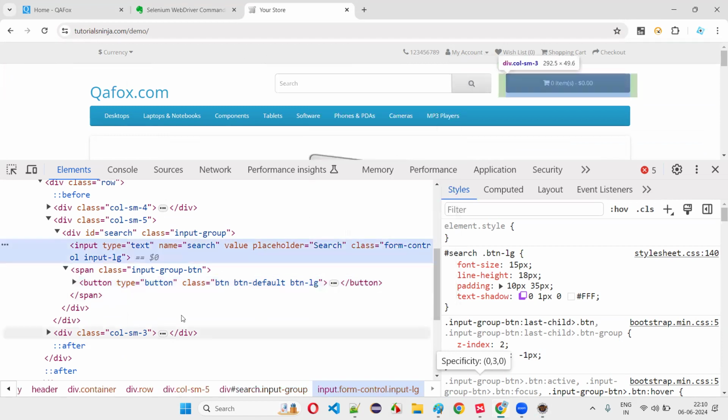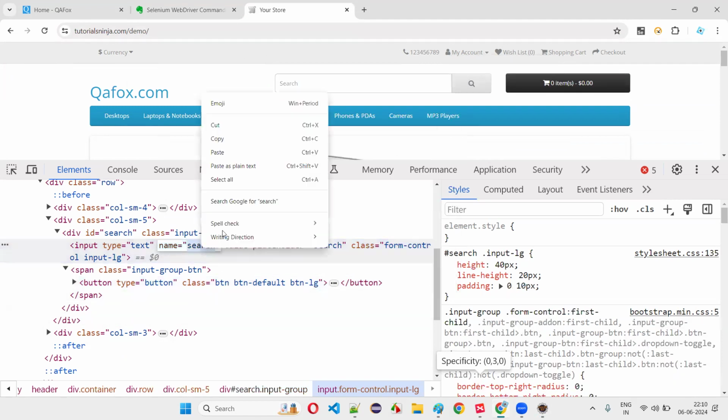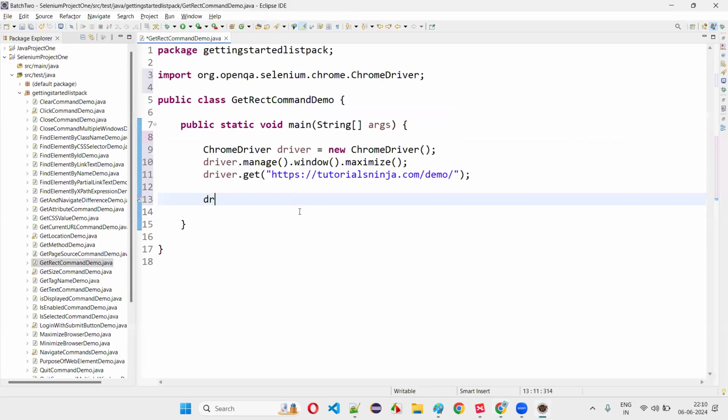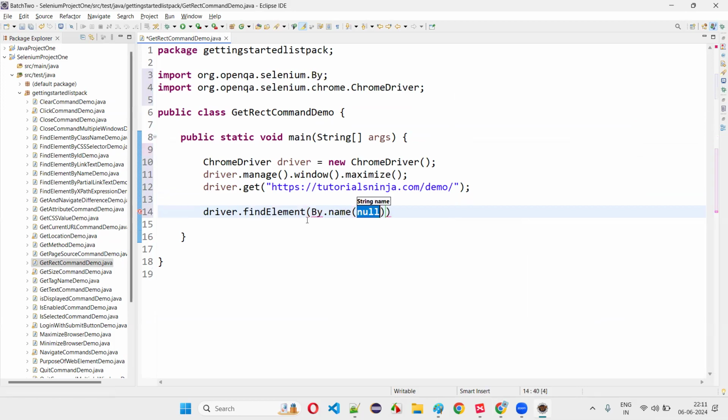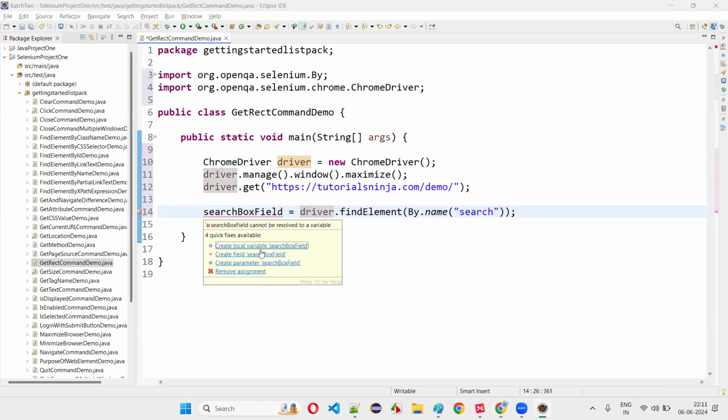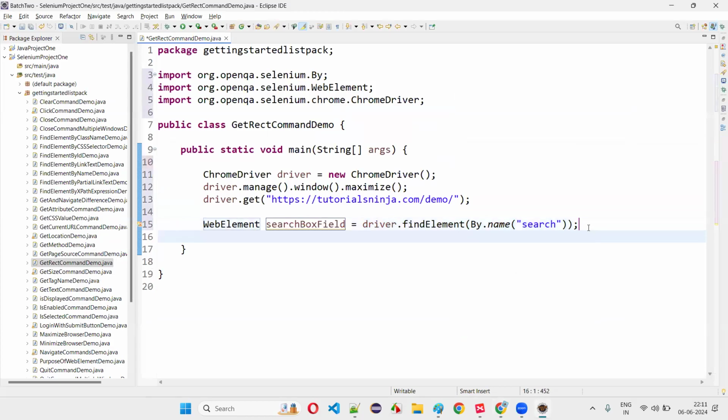I'll inspect the search box field. The search box field has a name locator. As per the priorities, I have to take the name locator over the XPath expressions and all. findElement by name, By.name. First, I'll write in a formal way, that is the general way. The return type of findElement is WebElement, that is nothing but the search box field. searchBoxField is equal to the search box field element. Hover the mouse on it, create a local variable, and simply write searchBoxField dot